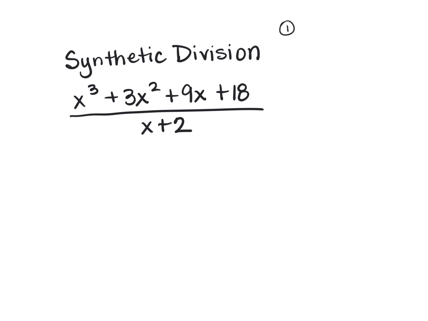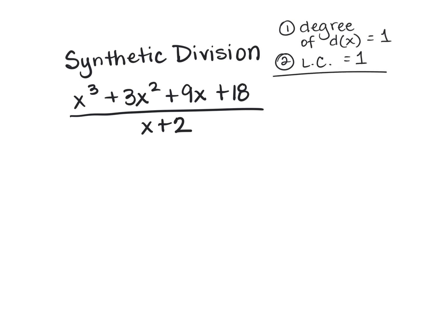Number one, the degree of the denominator must be equal to 1. And then the second thing is your leading coefficient must also be equal to 1. So since that works on this one, I'm going to show you what these steps are. Synthetic division goes a little bit easier. You don't have to go through all of the same steps, even though you come up with the exact same answers. So the first thing that you do, after you check these two things, is